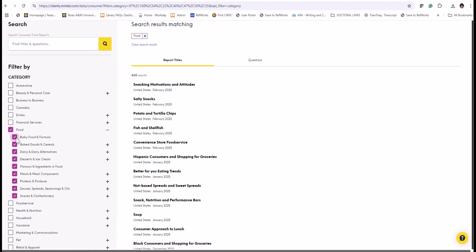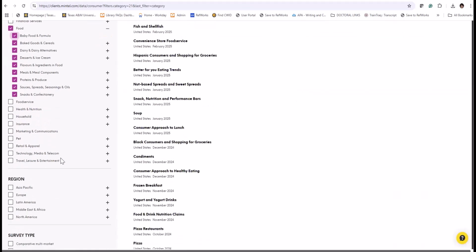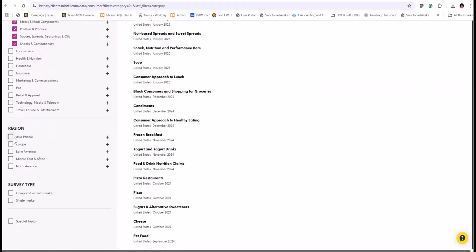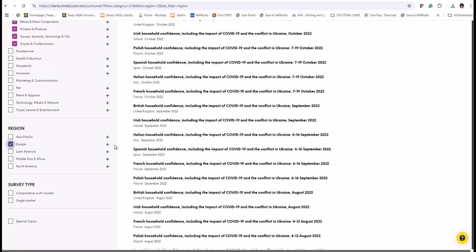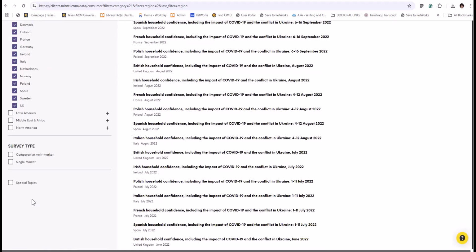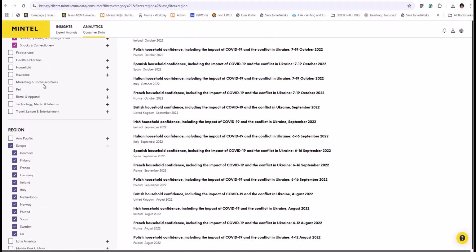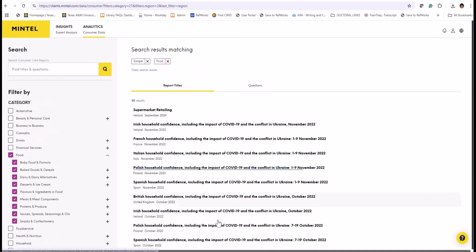If you're not satisfied, just remove any of those. I'm not going to remove anything right now. And region, the same. I'm going to do Europe. If you're looking for a specific country in Europe, it is here. I'm good with this. And then these are the results, 35. I'm going to go to one of those.